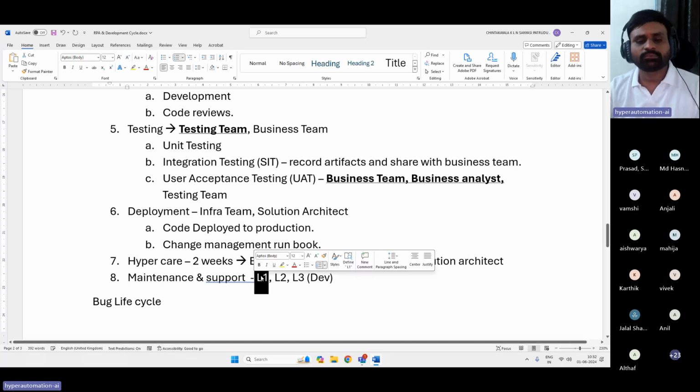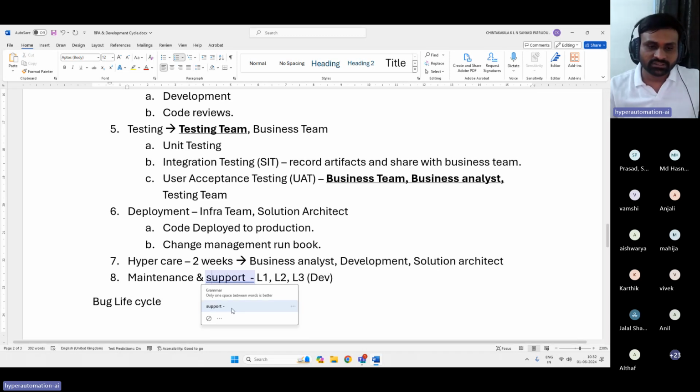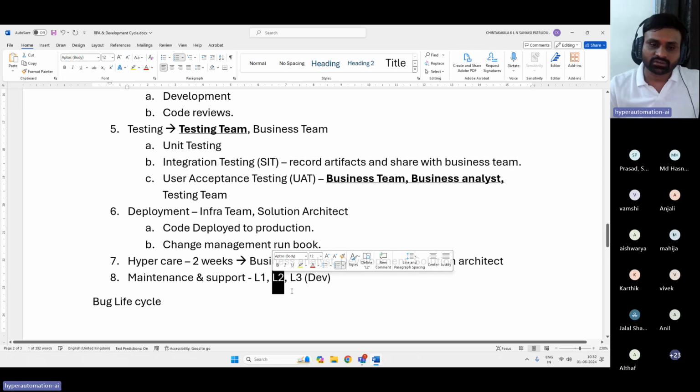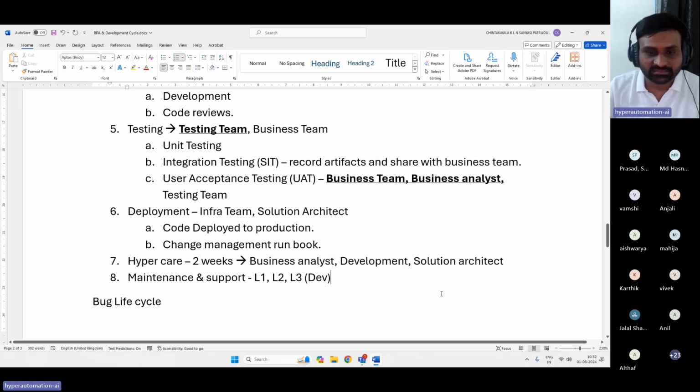So L1 will keep on monitoring, and if any issue comes into the picture, they will report it. And L2 will analyze the root cause, and RCA will be analyzed. In case it is a very minor fix which is not deviating the design, they will fix it, or else it will be moved to the L3 in case it is a bit complex and requires a deviation in the design.